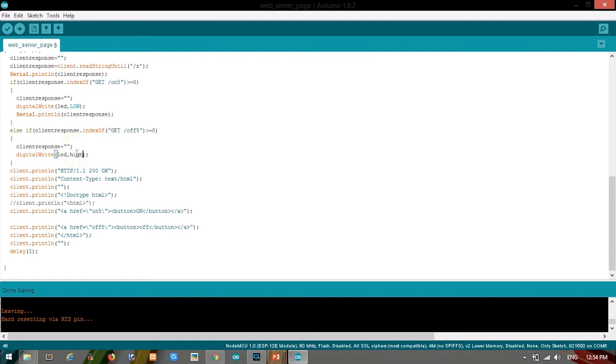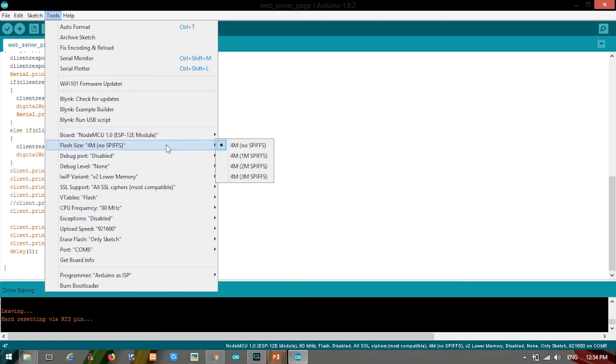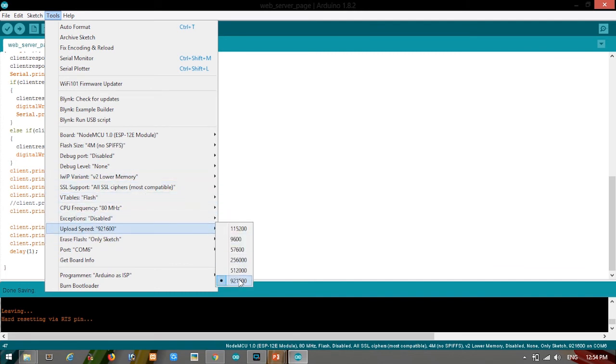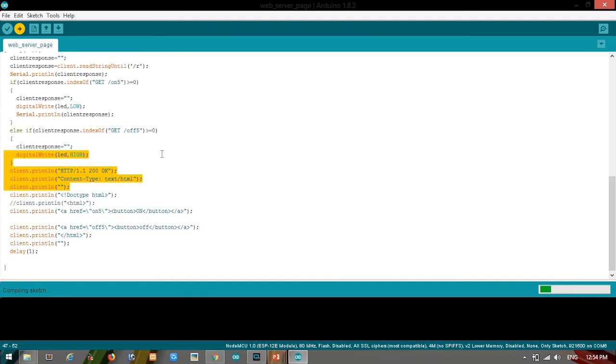So now we'll plug in our Node MCU board, and first of all go to the tools. We'll select the board option, and we'll select our board right here. And then we'll go to the upload speed and select it, and then nothing else. We'll go to the tools again, select the port, and if it's selected, we'll press upload. Once we press upload, it will show compiling sketch.